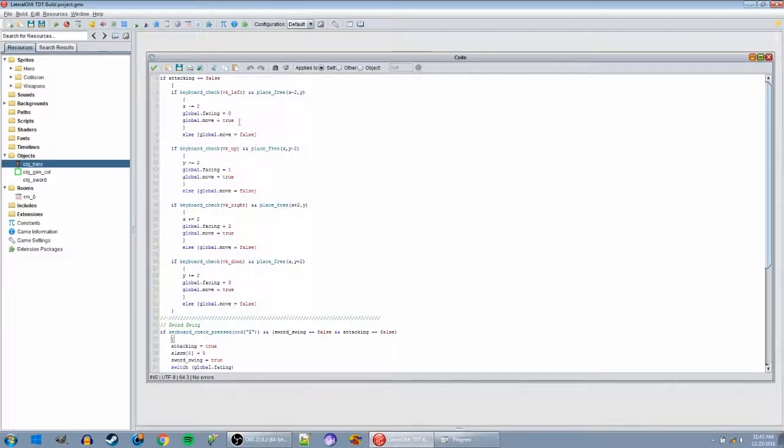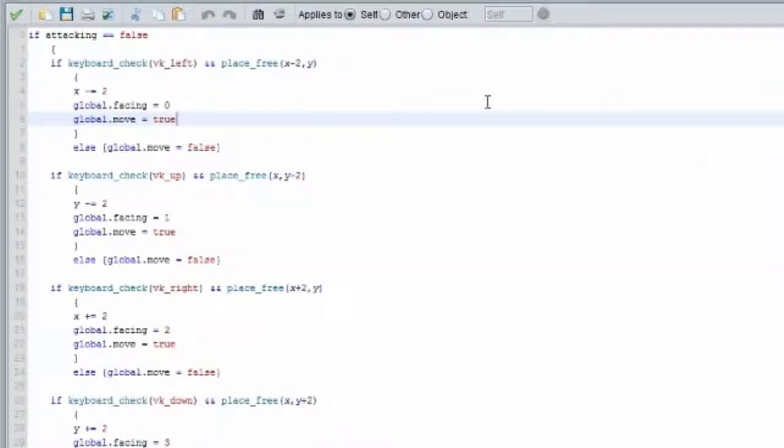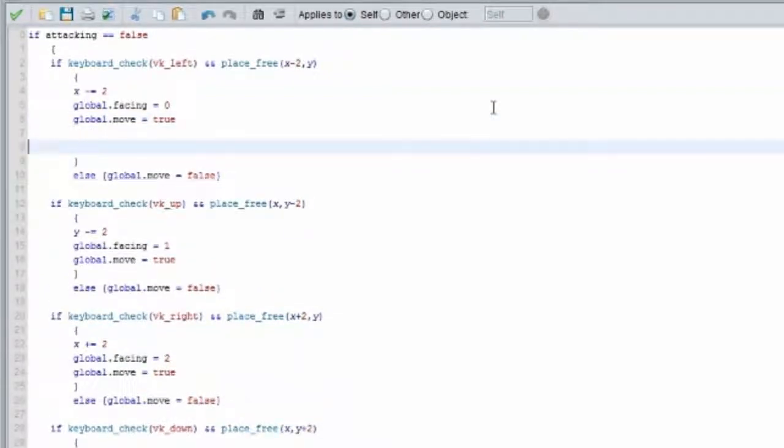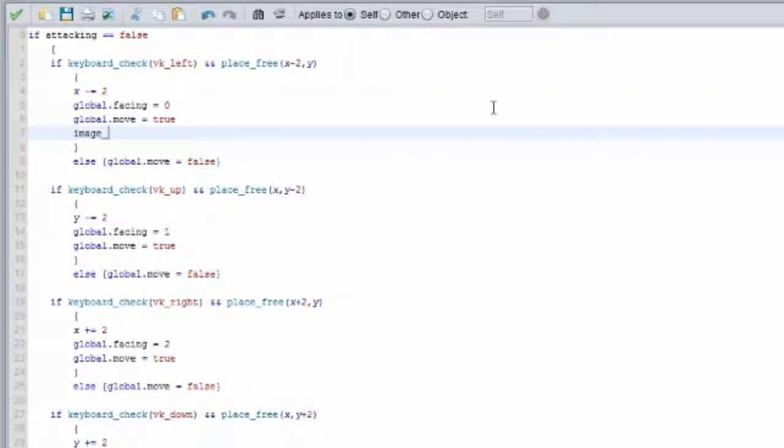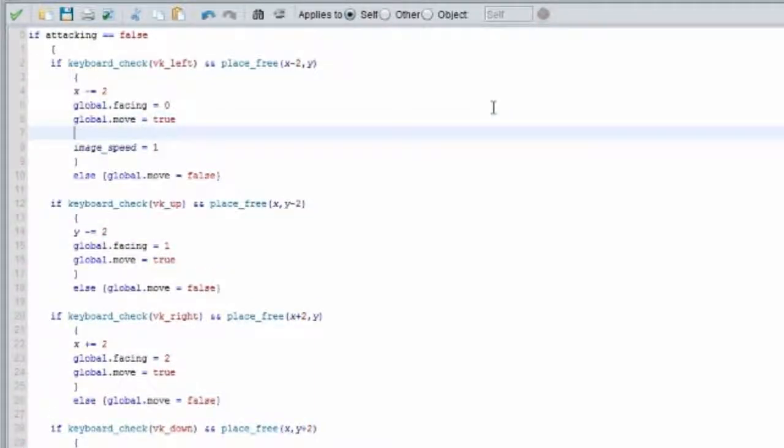So for the animations, the only thing we need to do, for the movement animations I should say, is we need to go into each of these, and right after our global.move we need to add image speed equals 1. And we also need to do sprite index, do this above that one by the way, equals SPR underscore man walk, and then whichever direction you're going in. This one's left, so we'll do left first. Alright, so we change the sprite index first, and then we change the image speed. This will basically tell the engine that the sprite for the player is changing to this, and that it is